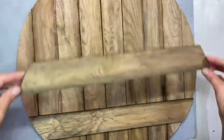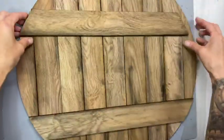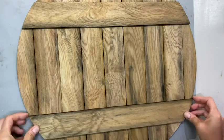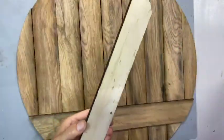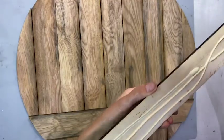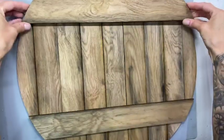Now these two are exactly the same size, so pretty much tells you where it goes, catches every piece. It's kind of hard to get it wrong. It's going to basically be on that position there. I personally choose to just load it up with wood glue and then just sit something on top to press it down. So I'm going to leave it out there